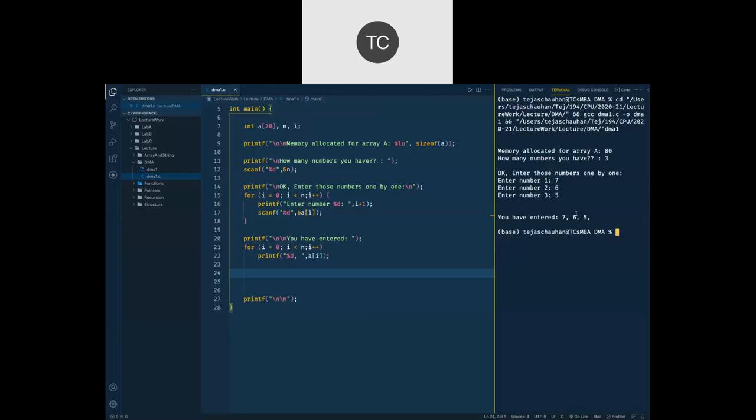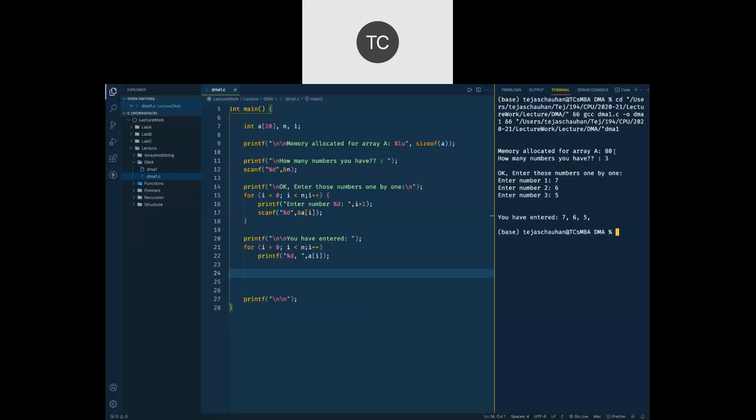We have only used 12 bytes, because this system makes use of 4 bytes when we want to store integer data, and we have stored 3 integer values. So total 12 bytes we have used, and the amount of memory allocated to us was 80 bytes. So from those 80 bytes, we have used only 12 bytes. Remaining 68 bytes we have simply wasted here,